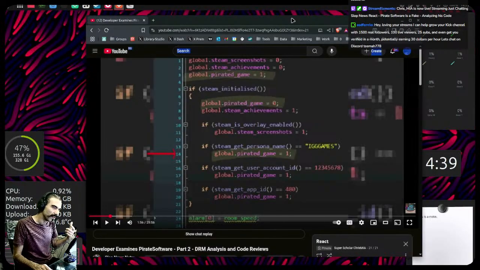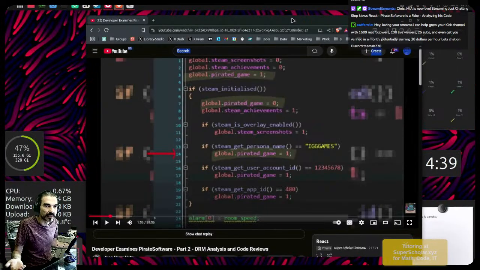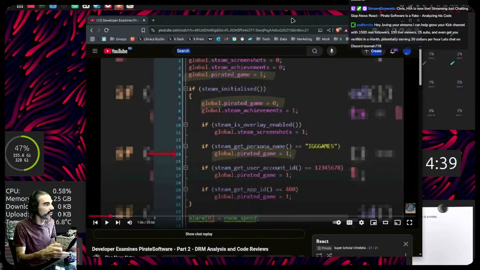So that's just the logical inference of having a really direct intention, but then not thinking about all the other possible case scenarios. Again, IGG Games is just one case of a string match. But there might be 5 other clients we're not including, which we could if we just kept copying and pasting the same if statement. But the best case scenario is just identify what the persona name for Steam is. I think it's probably Steam Games, something similar. And then say if not equal Steam Games. And that's it. Then it's pirated. So then you're covering every single possible string within that range without having to explicitly say IGG Games, some other games, this other game, this other emulator, etc.